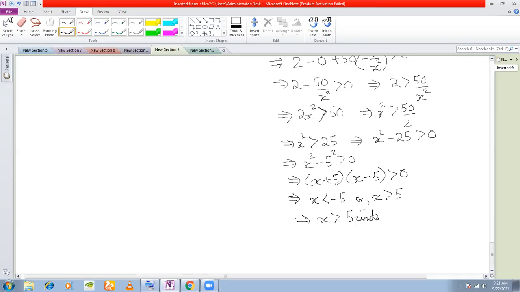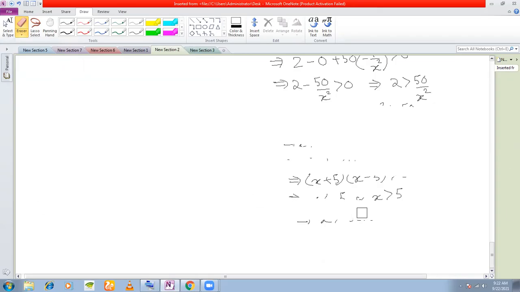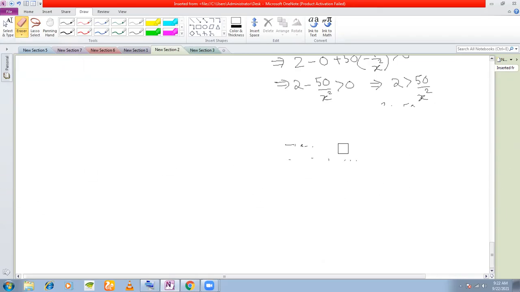Okay. So if you produce more than 5 units, only then your average cost will be increasing. And what do you mean by increasing average cost? It means with the number of units produced, your average cost is going to increase, or with the decrease in the number of units produced, your average cost is going to decrease. So for any number of units that you produce more than 5 units, your average cost will increase. Fine. Last question from this part.